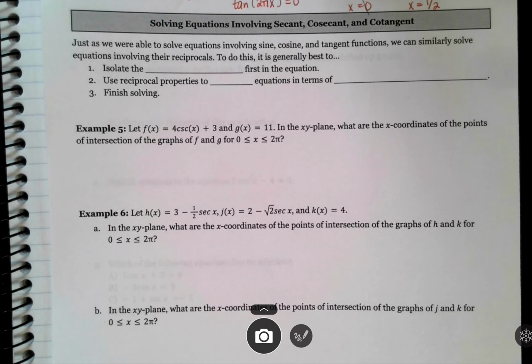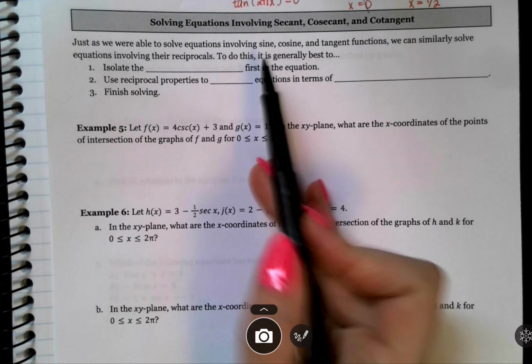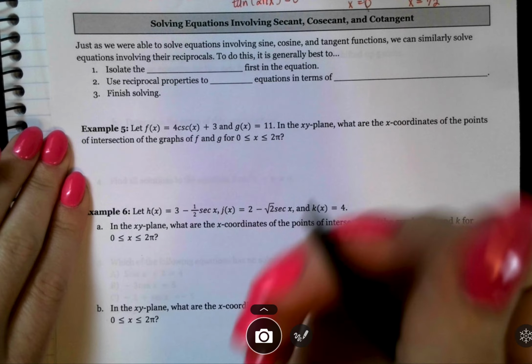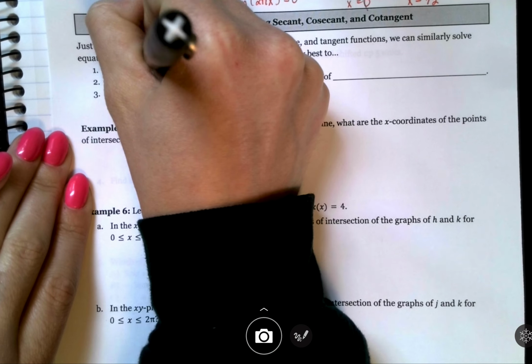Hi everyone, we're going to look at the second part of our 3.11 notes, which is now that we have secant, cosecant, and cotangent and know what those are by definitions, we can actually solve equations involving these as well. So just as we were able to solve equations involving sine, cosine, and tangent functions, we can similarly solve equations involving the reciprocals. To do this, it is generally best to isolate the trig function